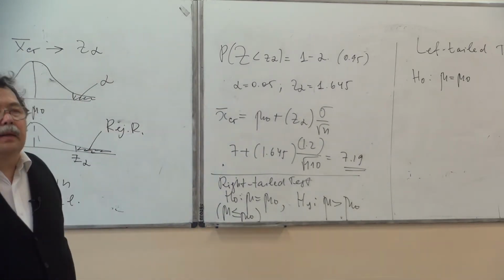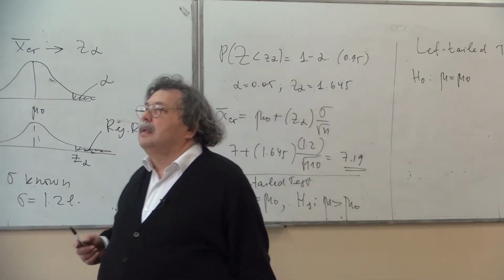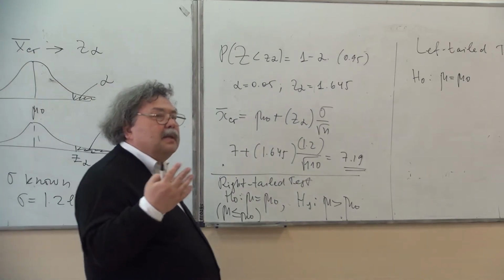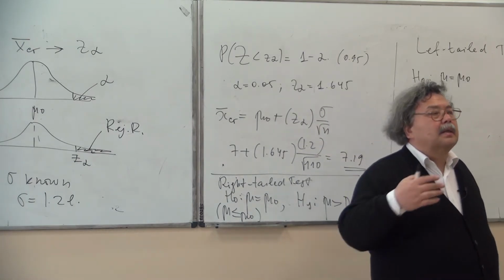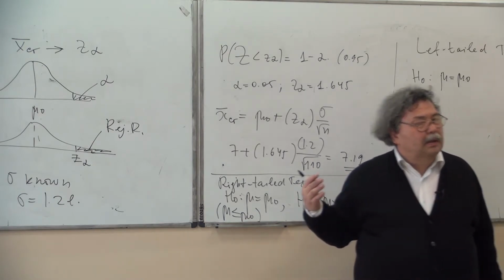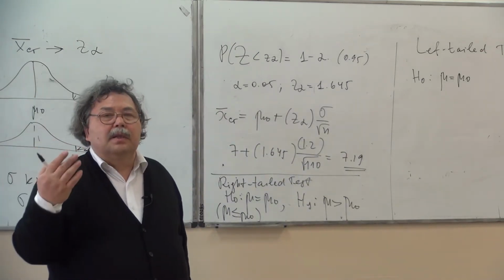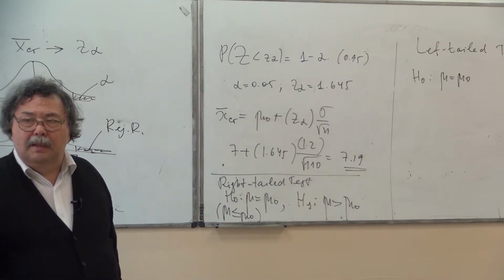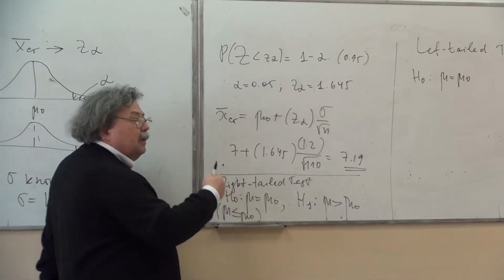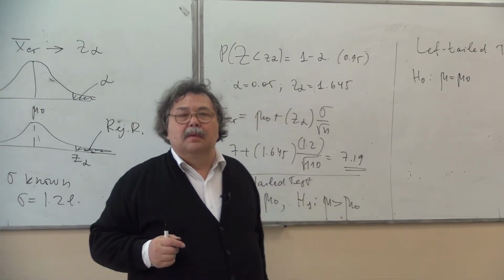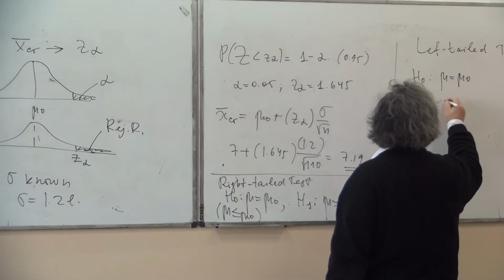And generally, in the hypothesis testing techniques, this is the accepted approach. H0 is not rejected unless there are definite reasons to do so. Okay? Unless there are statistically convincing reasons to do so. So the H0 is given the benefit of the doubt, as they put it. So here, by replacing this by this, we give H0 some additional credit or benefit of the doubt. Okay? All right, and now in the left tail test, accordingly